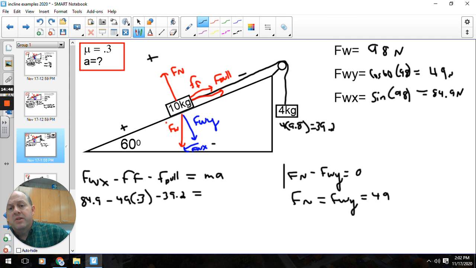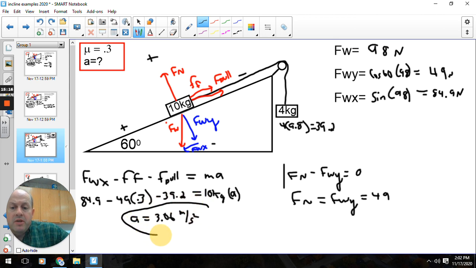Now we have two masses. The mass that we're always interested in is this one right here that's sliding on the plane. So 10 kilograms, and then that will be times our acceleration. Okay, so there we go. Solve for A, and you get 3.06 meters per second squared. It's a positive number, so that means it is accelerating in the positive direction, which we